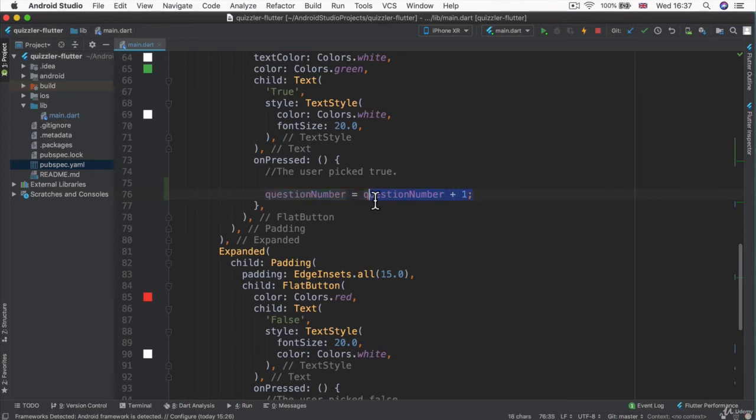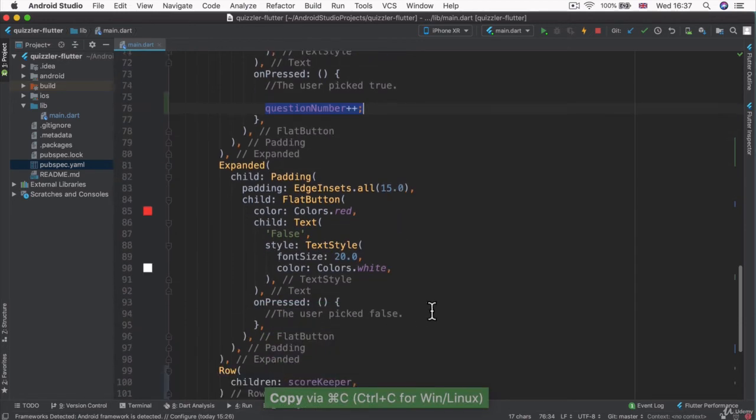Or a slightly shorter way of doing this that you'll find in many programming languages is to simply write questionNumber++. And this is where the programming language C++ comes from. It's the C programming language increased by 1. So it's kind of like the sequel to the C programming language. This now will increase our question number by 1, and we're going to do the same down here